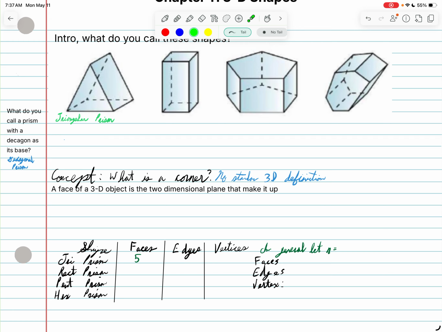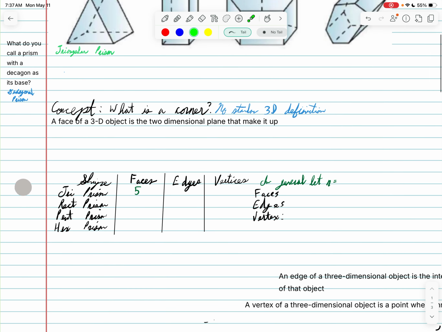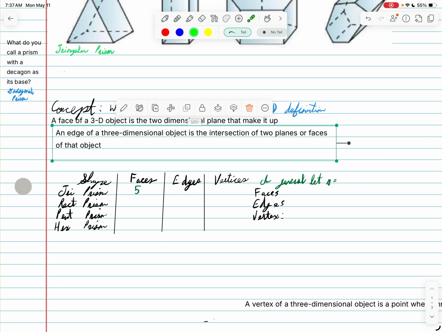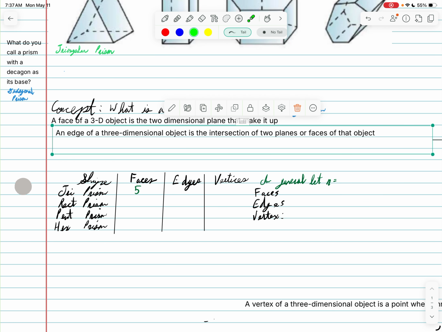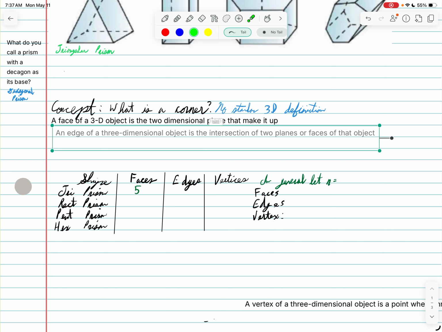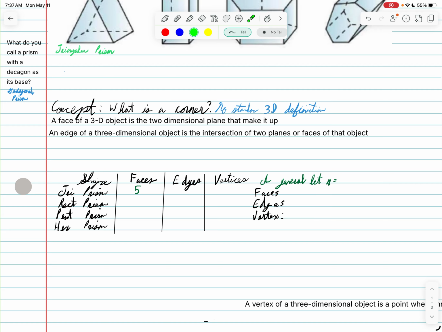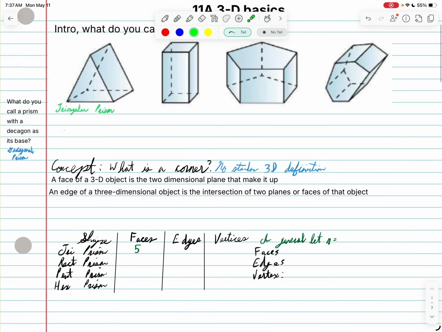An edge is where 2 faces in our prisms or our other 3-dimensional shapes actually meet. Okay, an edge of a 3-dimensional object is the intersection of 2 planes or faces of that object. All right, so we've got our second definition here for a 3-dimensional object. Okay,